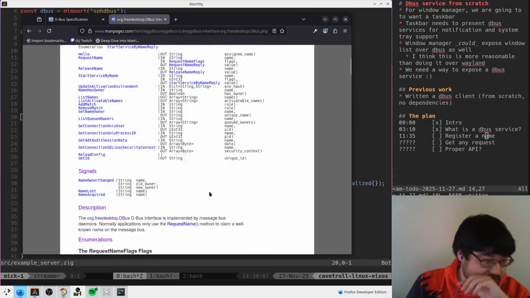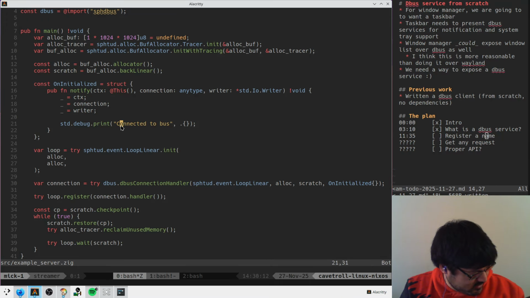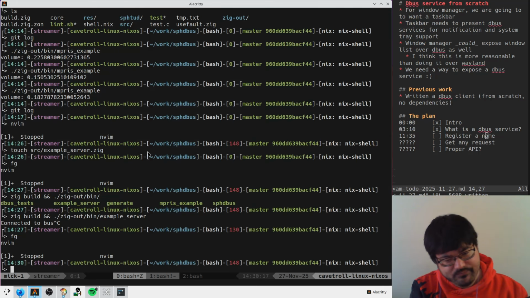Org free desktop interface, I guess, is what I'm looking for. And if I remember correctly, they have a bunch of XML files stashed somewhere in like,